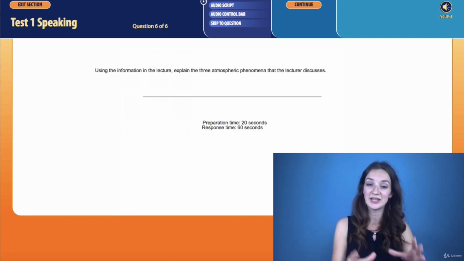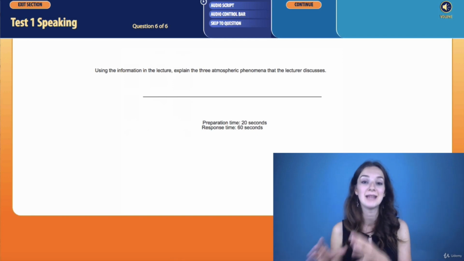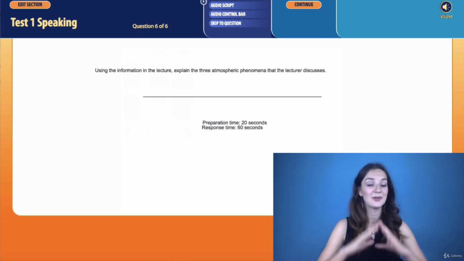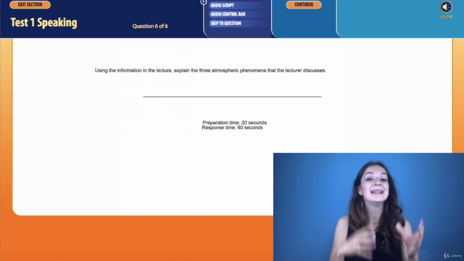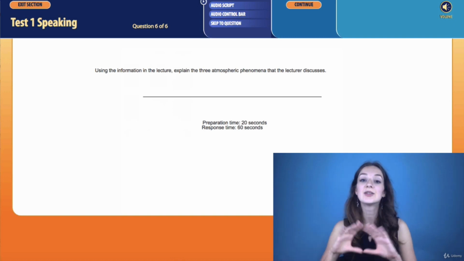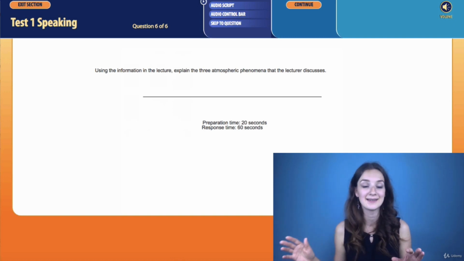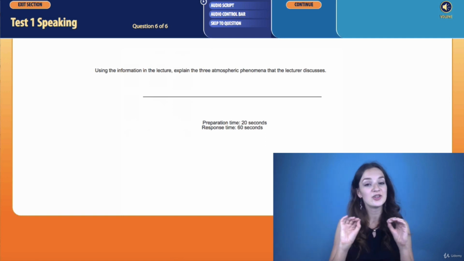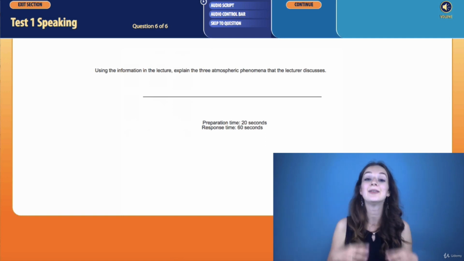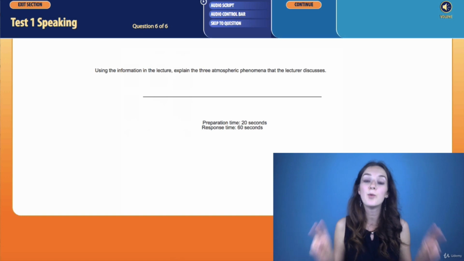You just need to pay attention to the key points and write them down. Of course, you should try to write down as much as you can, but then if the lecture becomes too difficult, it's okay if you miss out some of the details, some of the difficult details. It's just very important that you write down and then summarize the key points of the lecture.